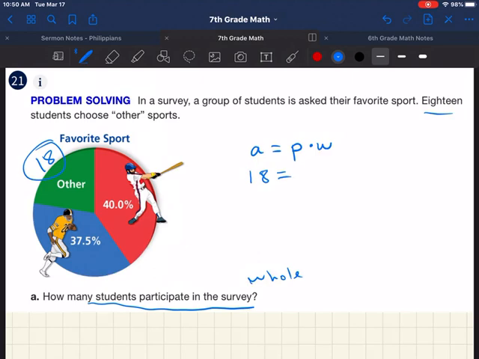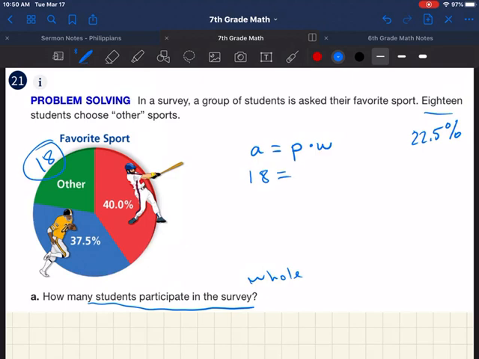So which one does it give us? Well, it doesn't directly give us the percentage, but it does tell us what the other two percentages are. So if I add up 40 plus 37.5, what do I get? I get 77.5. Now if I subtract that from 100, 100 minus 77.5 is 22.5. So therefore, this whole thing here is 100%, right? So if that's 100%, then 100% minus 40 minus 37.5 tells us what our percent is. And our percent for other would be